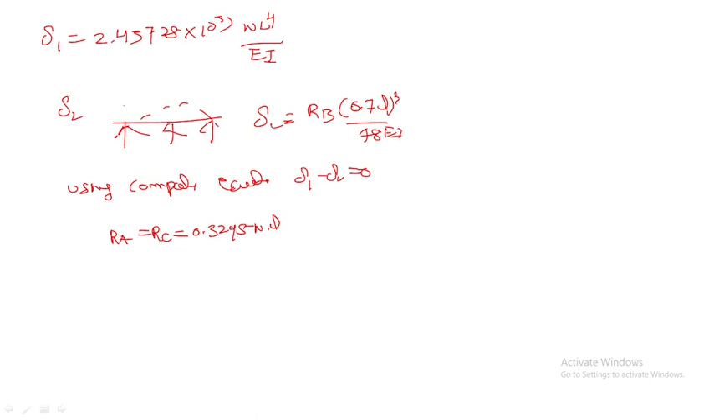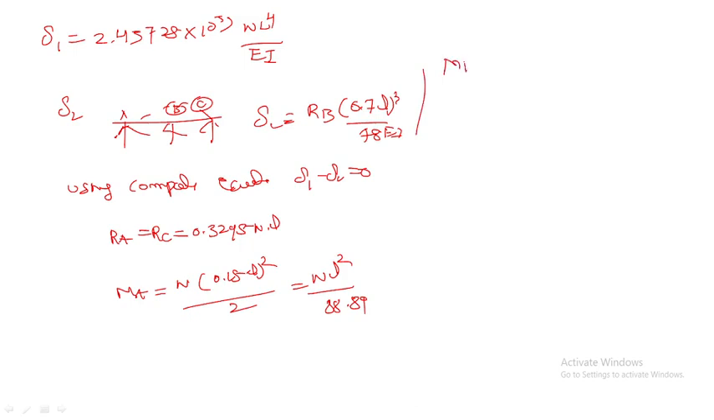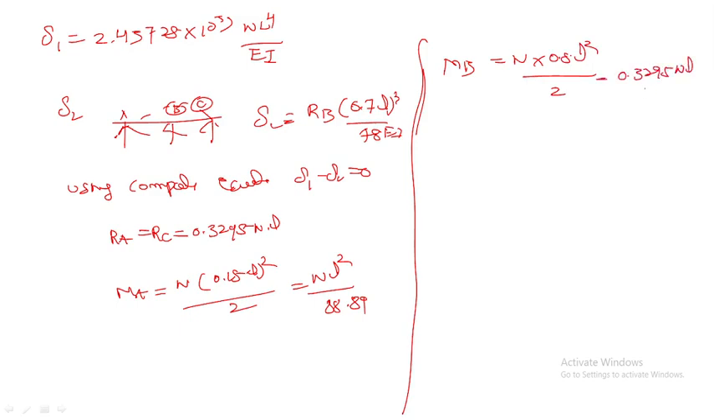Now calculate the moment at A and B. This is A, this is B, and this is C. Moment at A: MA equals W(0.15L)²/2, equal to WL²/88.89. Then MB equals W(0.5L)²/2 minus 0.3295 WL × 0.35L, equal to WL²/103.36. So the maximum